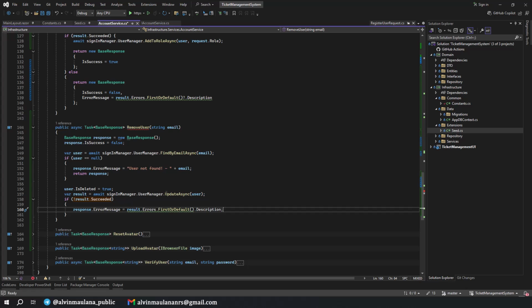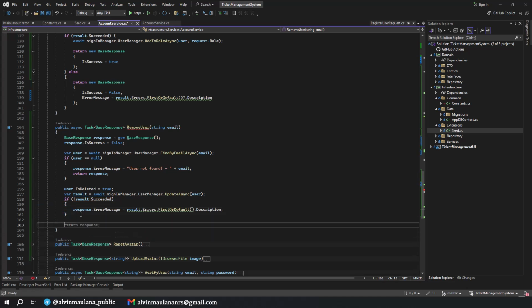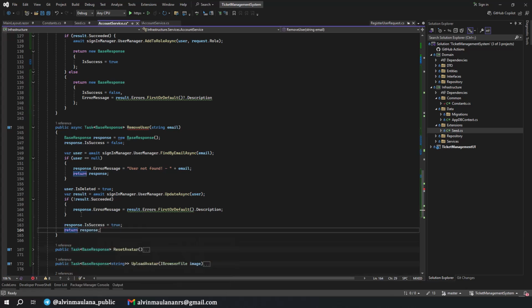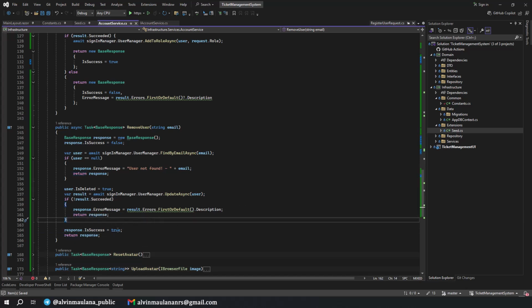If the result of update asynchronous is not success, we will get the error response and show it to the user. But if success, just ignore it. So then the response should be success, and return the response. Oh, this one, don't forget to return also. Nice. Now by this, the user will have the column is deleted as true, and should not be able to log into our system.